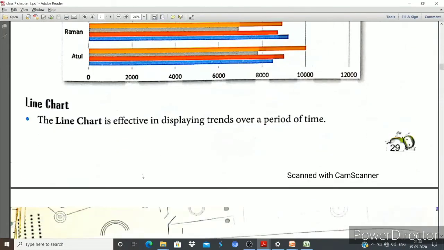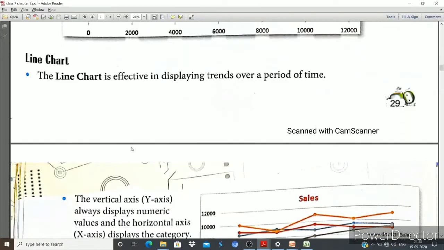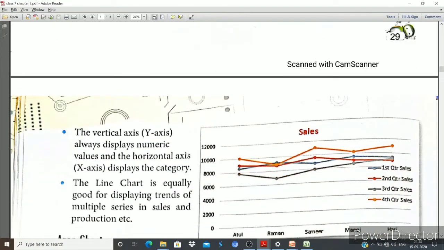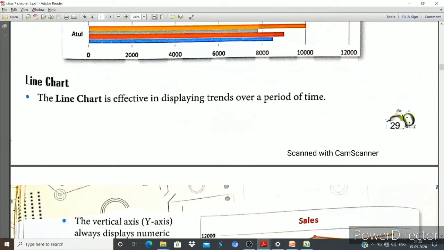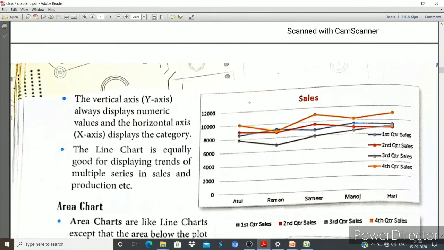Now line chart. So this is the simplest chart you can see. Okay, so this is the picture of the line chart. Okay, so line chart is an effective display to the trend over the time period. Okay, so it is used whenever we show the trend or whenever we show the growth of that particular business